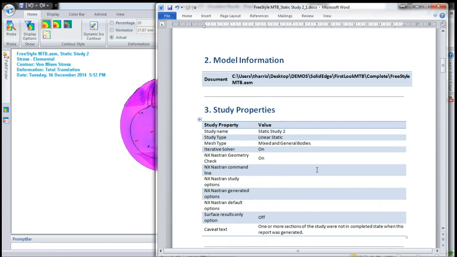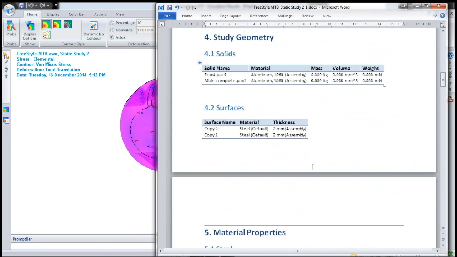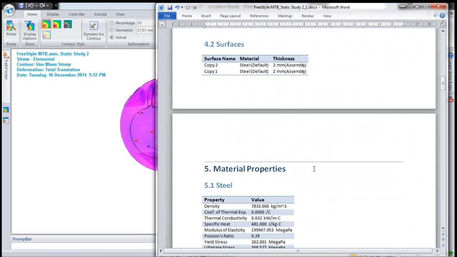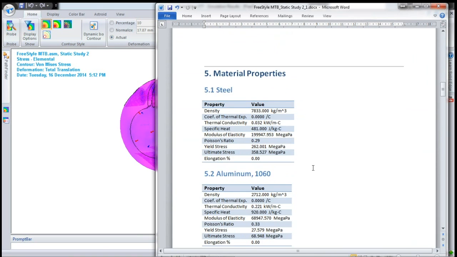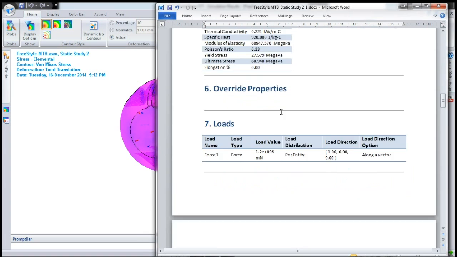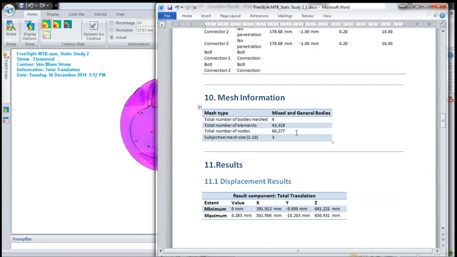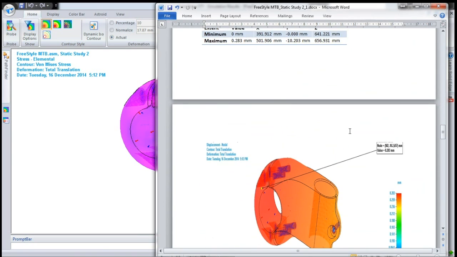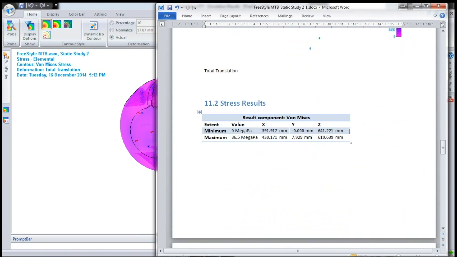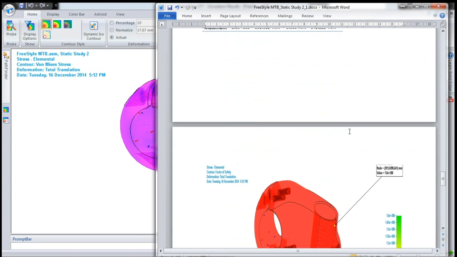Gives you the model information, the study information, so that someone looking at this can go back and reanalyze it. All of the material properties, if you override any properties, it shows you them. The forces, the constraints, connections, all of the mesh information, and lastly, the actual results in both stress and displacement